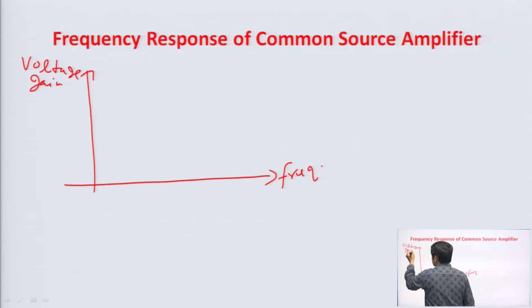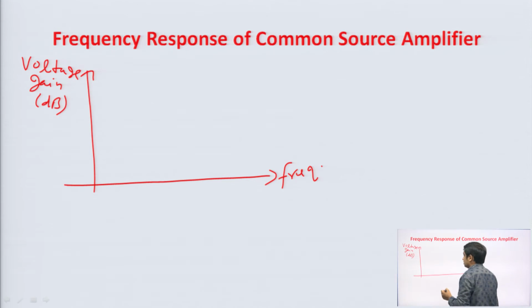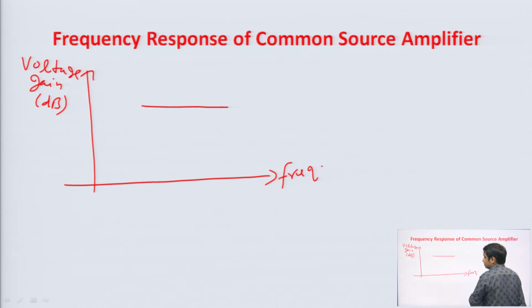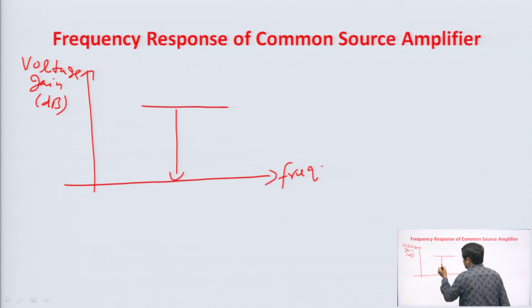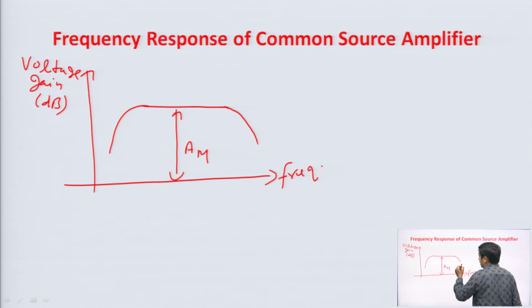Now, in unit 1, since we have neglected all the capacitors, we have directly calculated the value of the voltage gain, and we were thinking that this voltage gain is there for all frequencies, but it does not happen actually. That voltage gain is not constant for every frequency. That voltage gain is reduced at low frequency and at high frequency. So, in mid frequencies we get the maximum gain. That maximum gain is called your mid band gain AM, and at low frequency the gain is reduced, and at high frequency the gain is reduced.